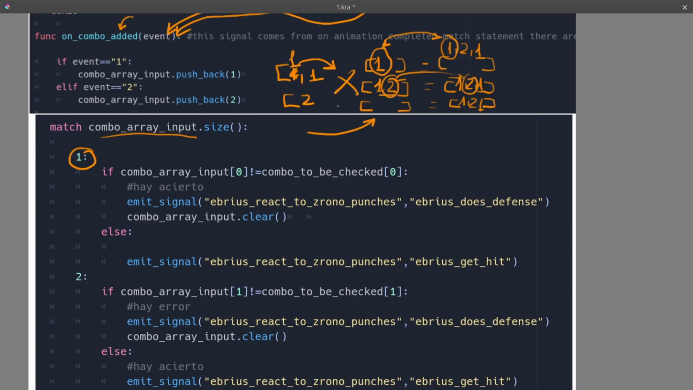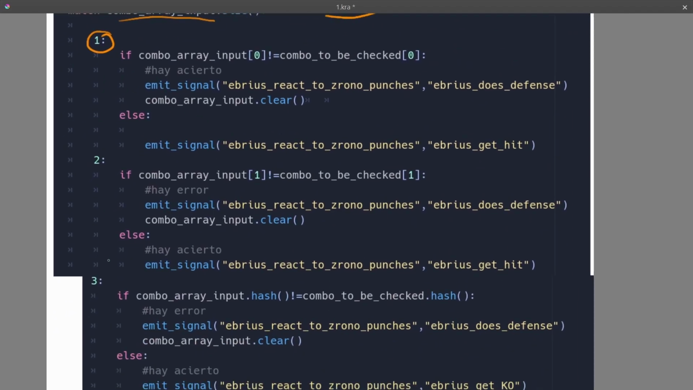So there are no numbers. We delete the array. And the same, imagine that the player does like 1, 2, 1. Okay, so we do the same. If the size of the inputs is 3, now we compare what numbers are inside. If they are the same,